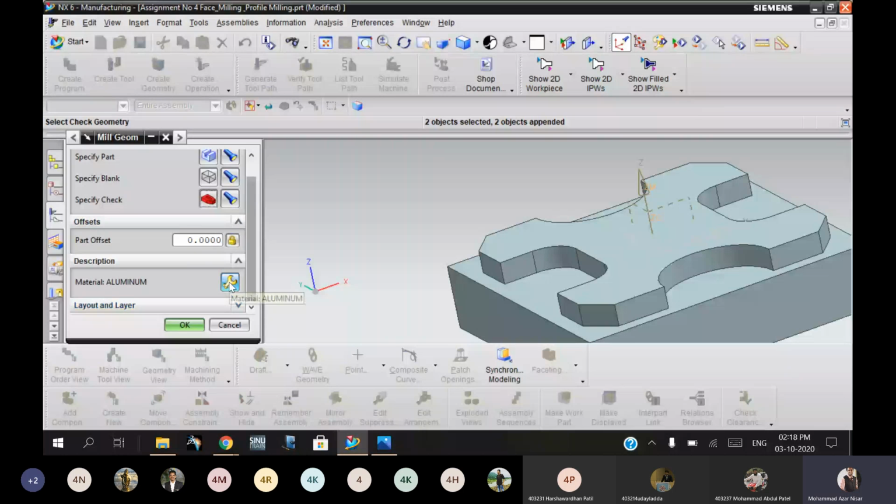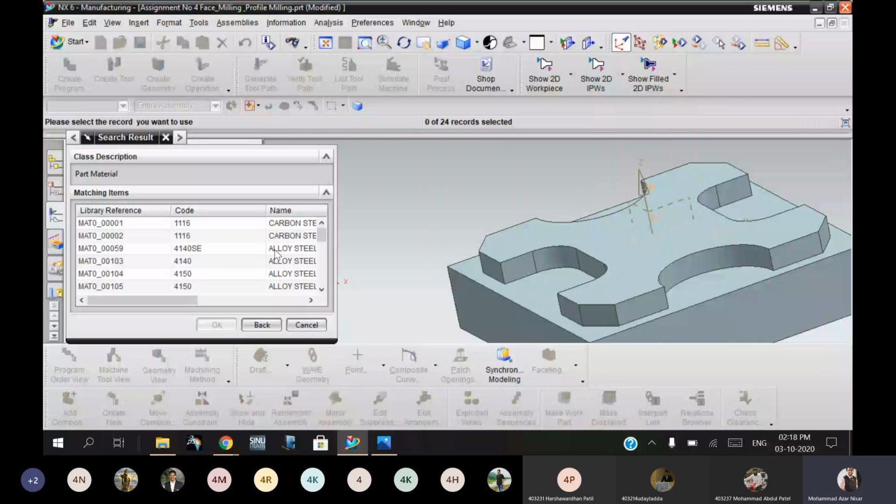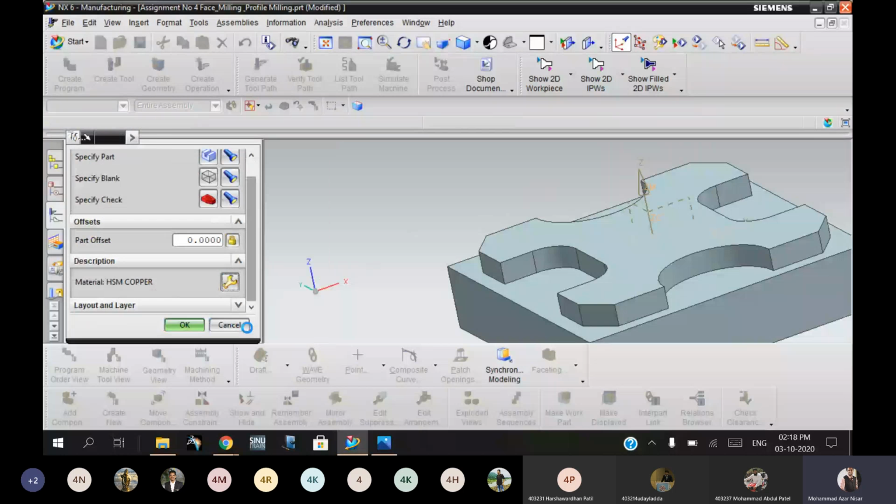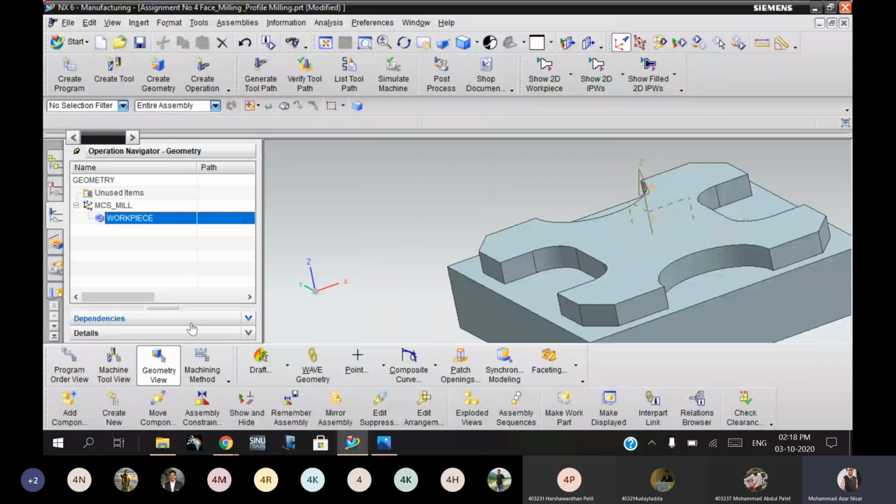the material of your workpiece. Suppose it is an aluminum material. Okay, aluminum, or we will take for this batch a tool steel, or it's a HSM copper. Okay, copper material we will take, and select OK. Just randomly I picked the material. Now for this you have to